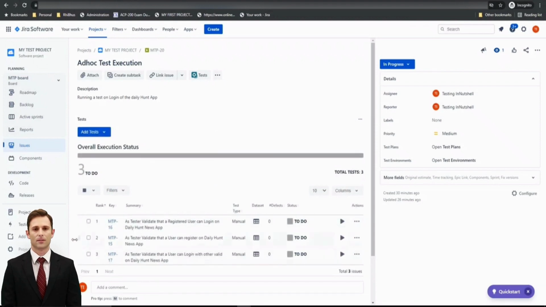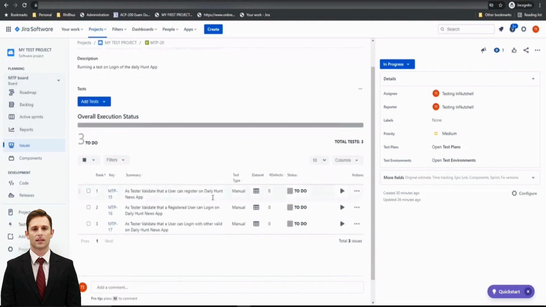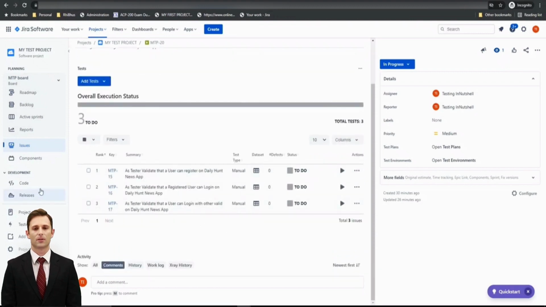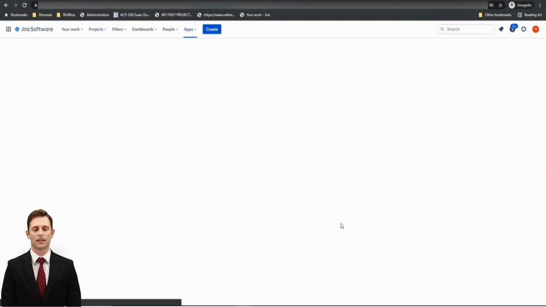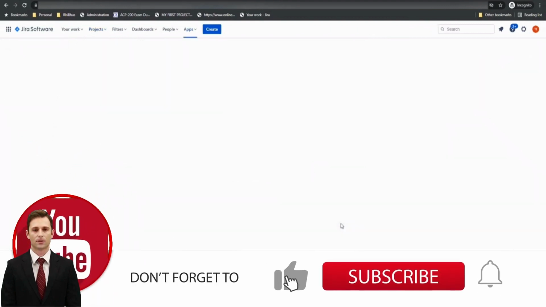Of course, I'll go in the sequential order. If you want to change the sequence, you can just drag and drop and say no, this is what will be running first and then second and so on. So yes, all the protocols of test management are very well followed here. Let me just keep it on the top, because I'm just going to run one test right now and click on this run button. As soon as you click on the run button, it's going to take you to a